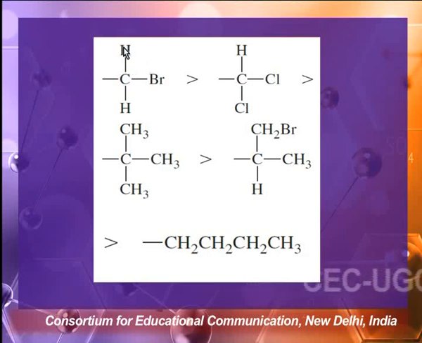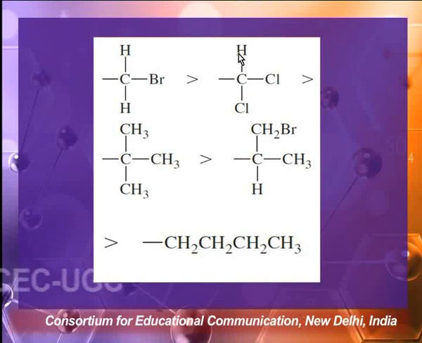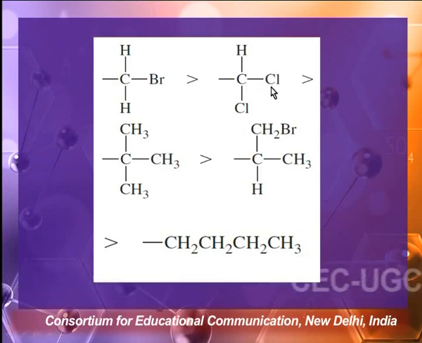Hydrogen has atomic number 1. Here, hydrogen has atomic number 1, so the same priority. But when we go on to hydrogen and we compare the chlorine here, we find that chlorine has higher atomic number, 17, that is 17 is more than hydrogen, more than 1.